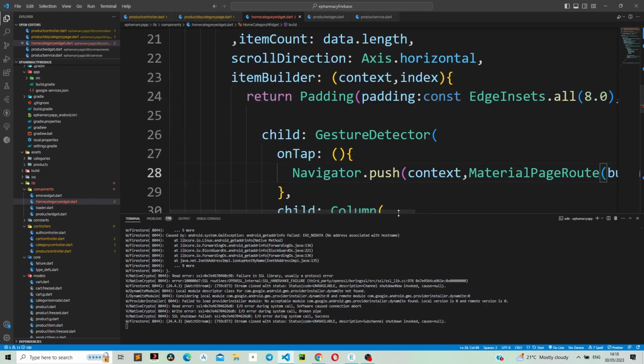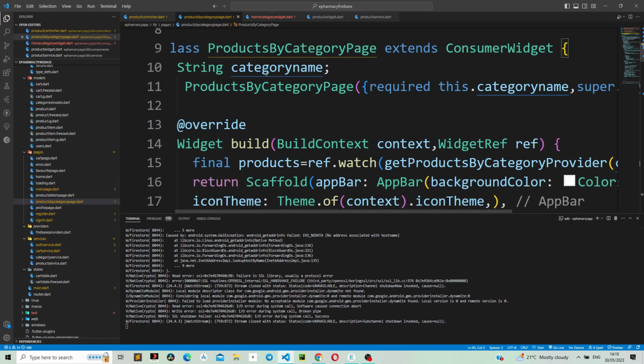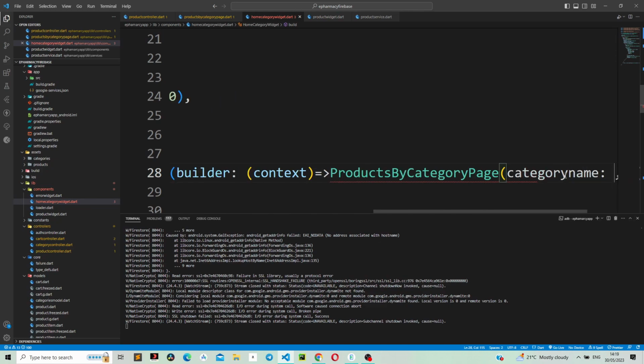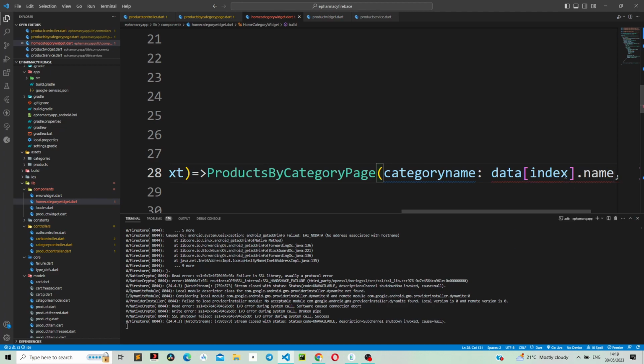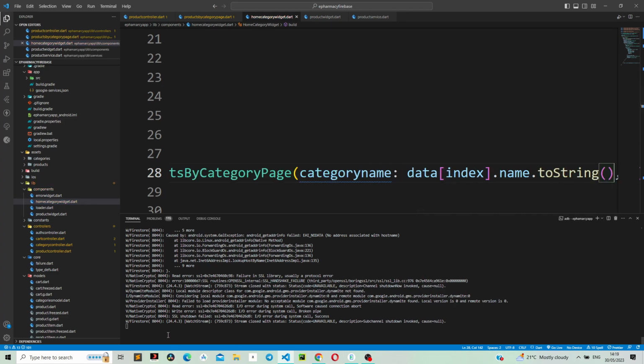Okay. So now what we need to do is, if you still remember, we passed in the category name in the constructor. So we need to pass it as an argument. So what we just need to do is category name is data index dot name dot toString. Yeah, we've just converted that into a string. So if we just reload our application,